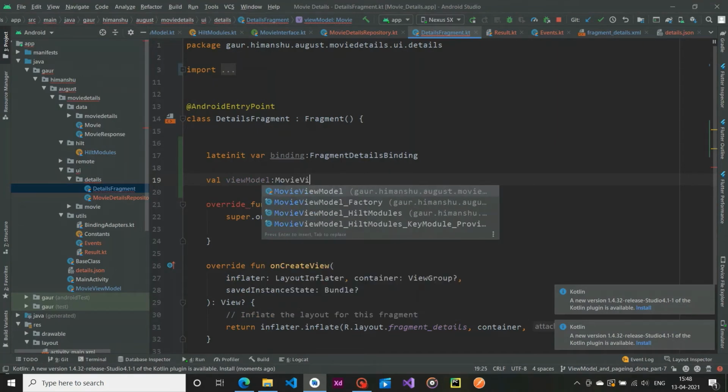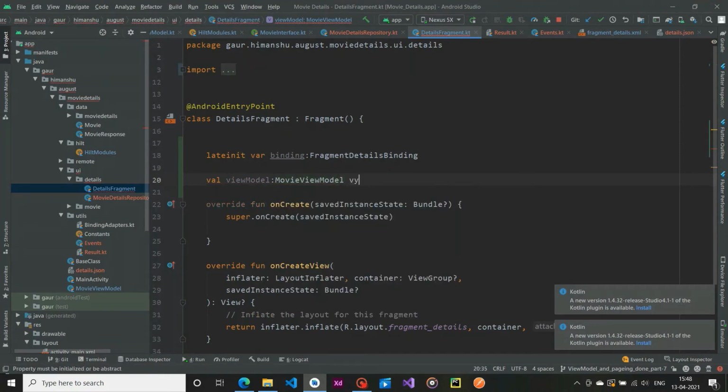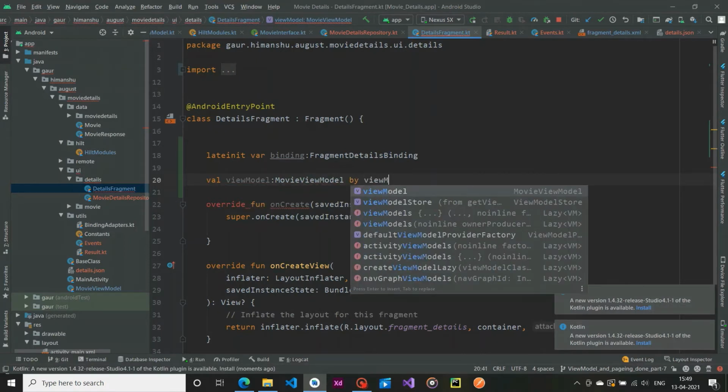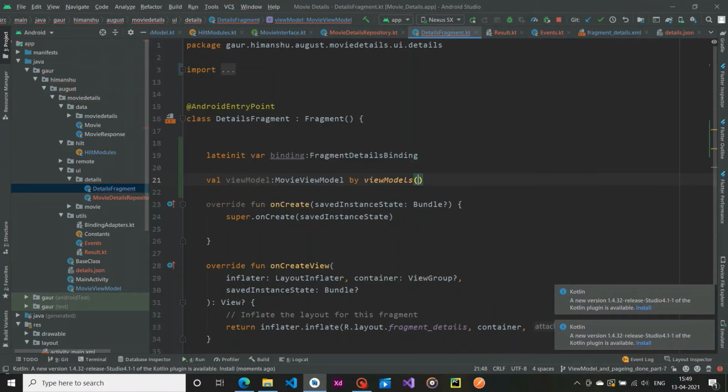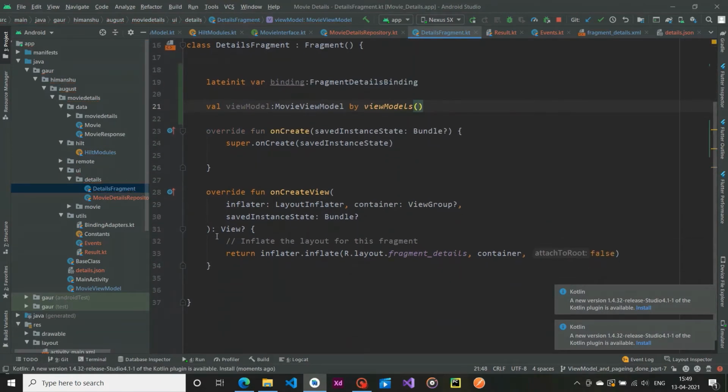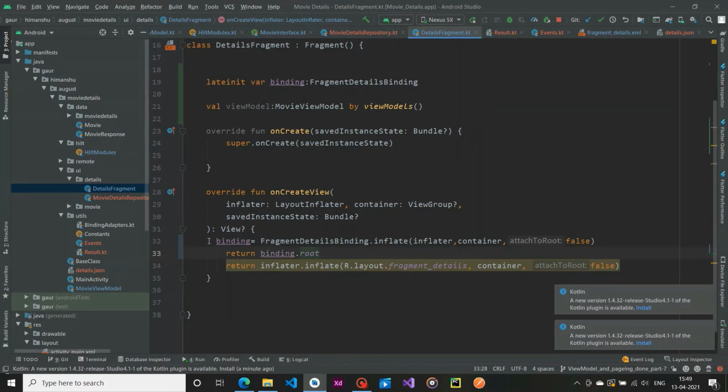So movie view model by the delegate viewModels, and import it by pressing Alt Enter. Then initialize our binding. All right, so I initialized our binding.